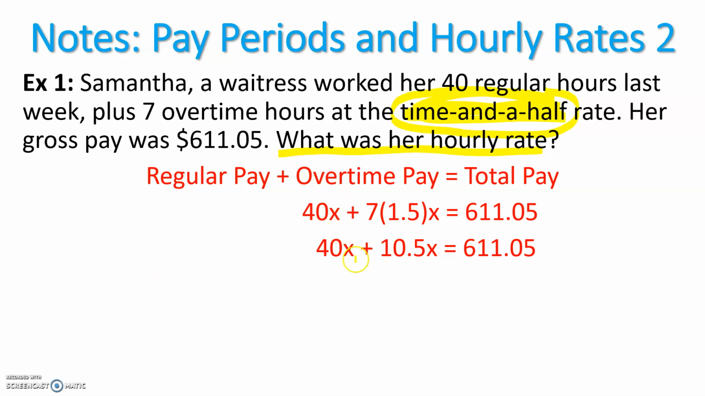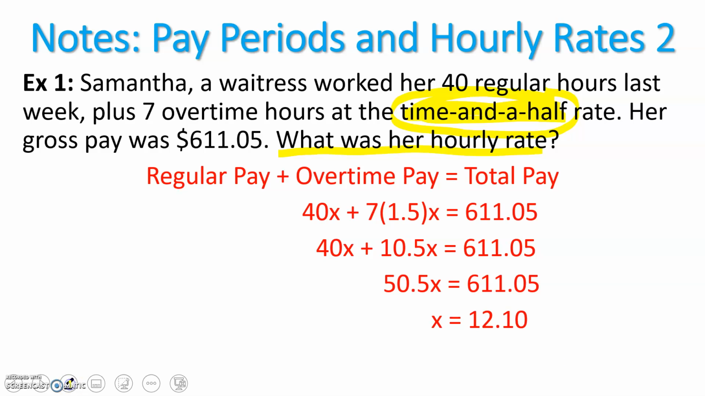Now we're going to add our like terms. This term here has an x, and this term here has an x, so we can add them together. 40x's plus 10.5x's is equal to 50.5x's. So we have 50.5x is equal to $611.05. 50.5 is being multiplied to the x. We want to isolate the variable x or get it by itself. We're going to divide both sides of this equation by 50.5, which is going to give us